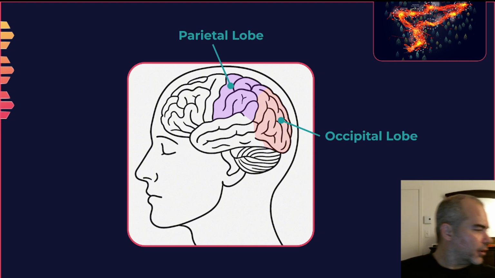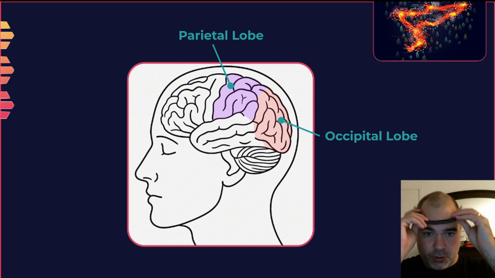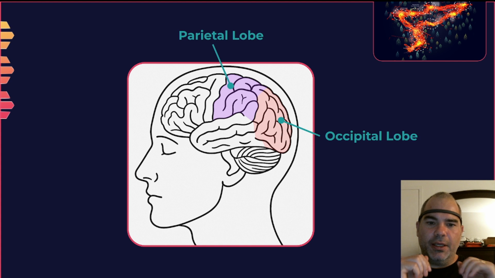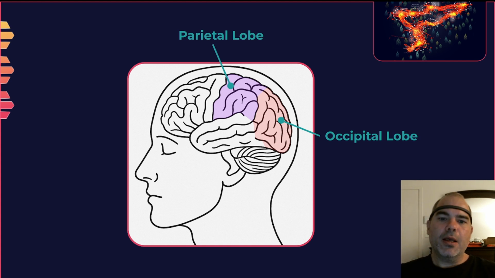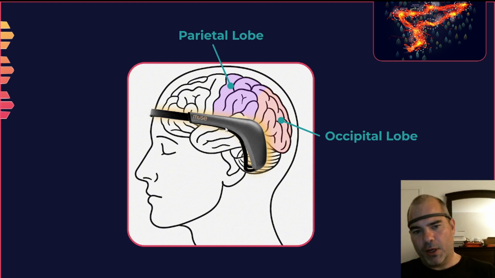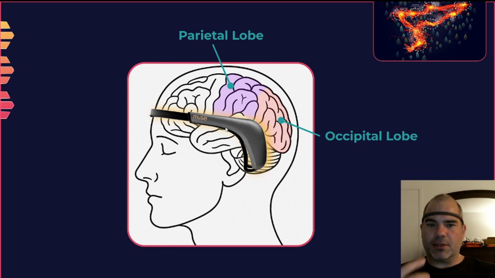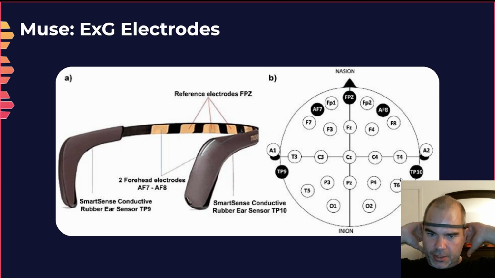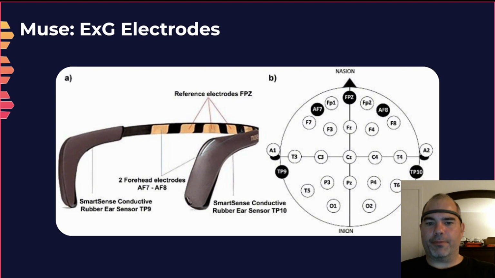Now we will be conducting this experiment with a Muse. Currently we're hacking with a Muse, which I presented in episode 1. The alpha wave is most powerful in the occipital and parietal lobes. So some might ask, okay, but the Muse doesn't have any electrodes behind the head, and that's a great observation. But still, the alpha wave is so powerful that even though the Muse only has electrodes behind the ear, basically TP9 and TP10, it's close enough to parietal and occipital regions